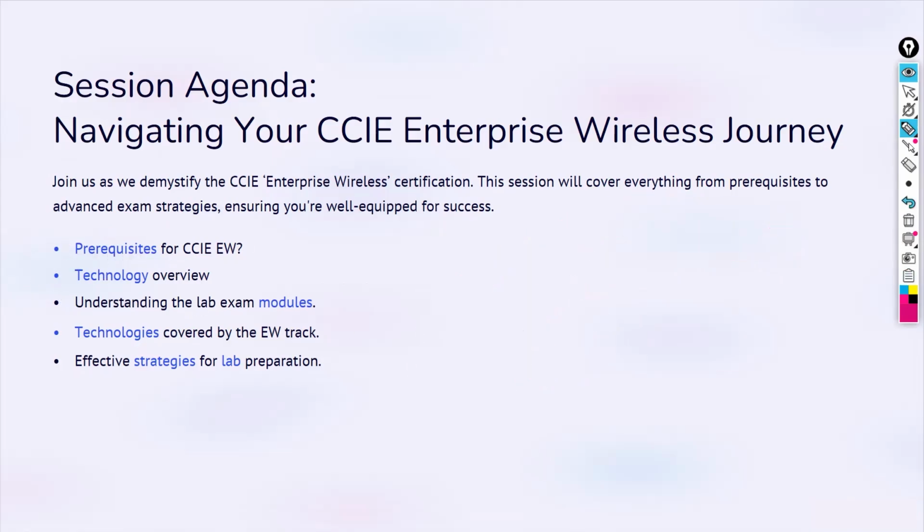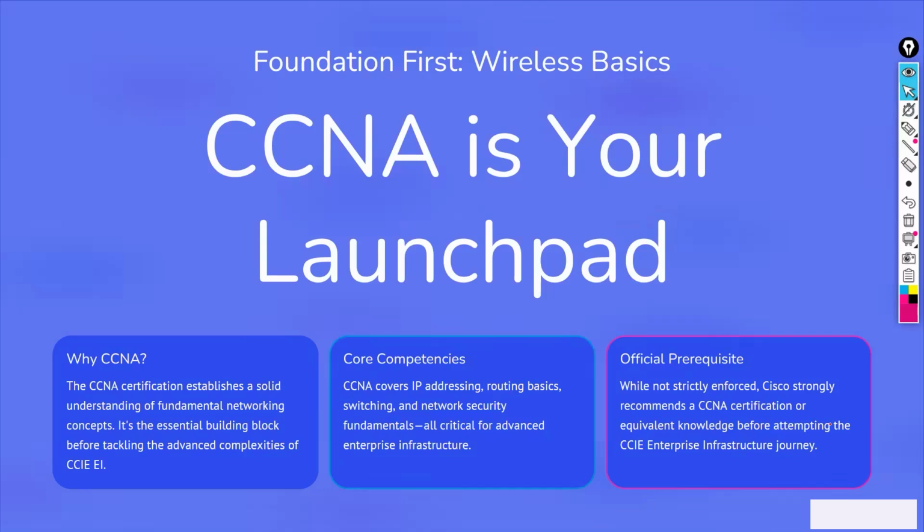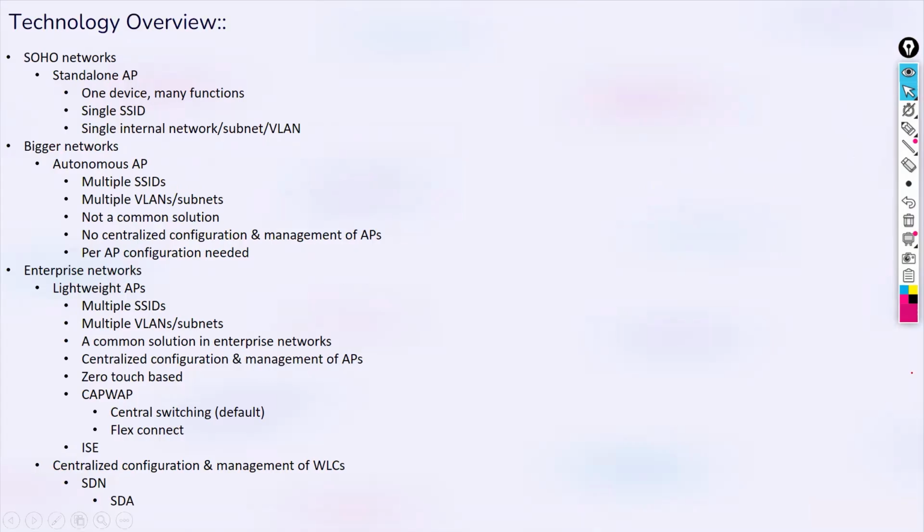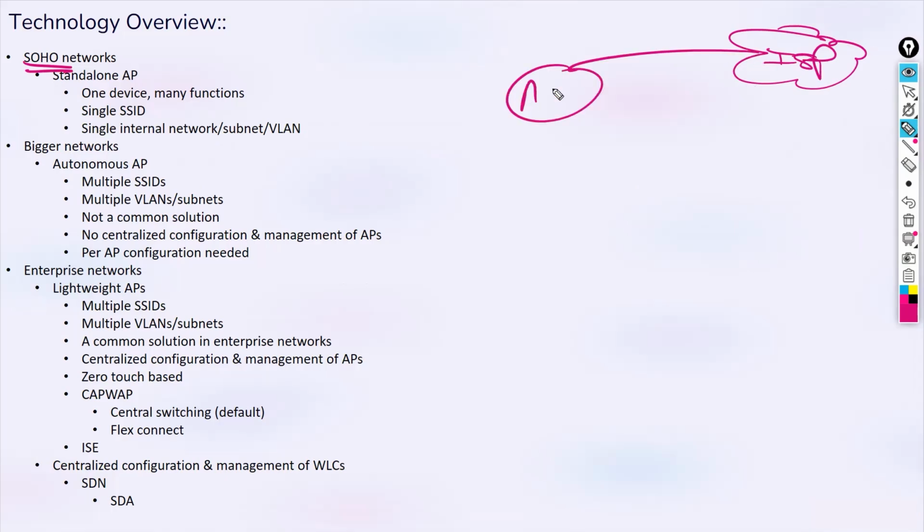If I say the technology part, what we are going to discuss. Okay, we'll see. Let me focus on the core wireless perspective, right? What we are going to cover. If you have a small office and home office network, what we generally have is one internet connection, ISP or internet, whatever you say, and you have the AP here, and this is a single device having many functions, multiple functions, right? Why do we say that? Let's come to that.